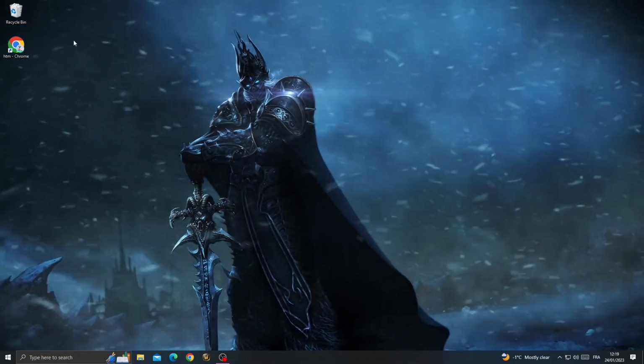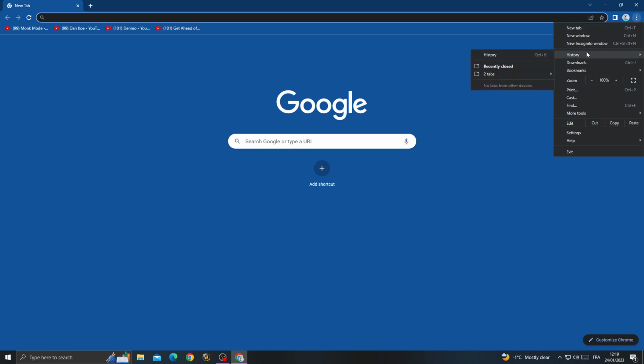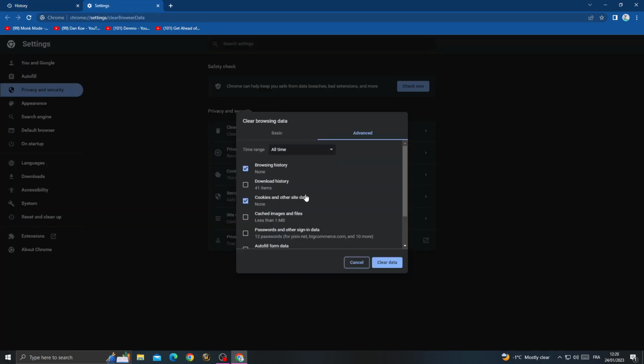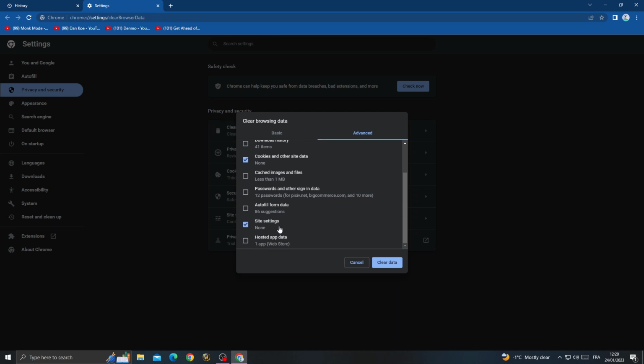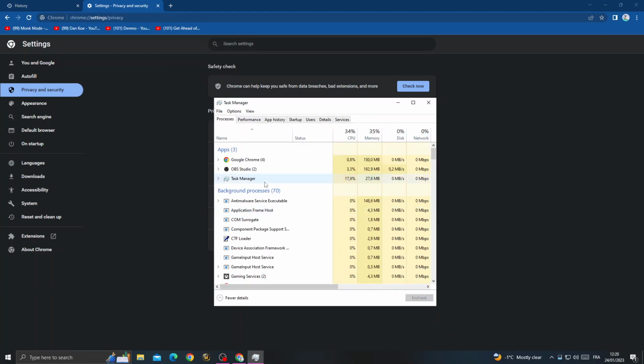First, open your browser, and now once you're here, click these three points, go to history, and after that all you need to do is click clear browsing data, and select all of those here. Then scroll down, select site settings and cookies, clear data, and now right click on your bar, go to task manager, now right click on your browser and